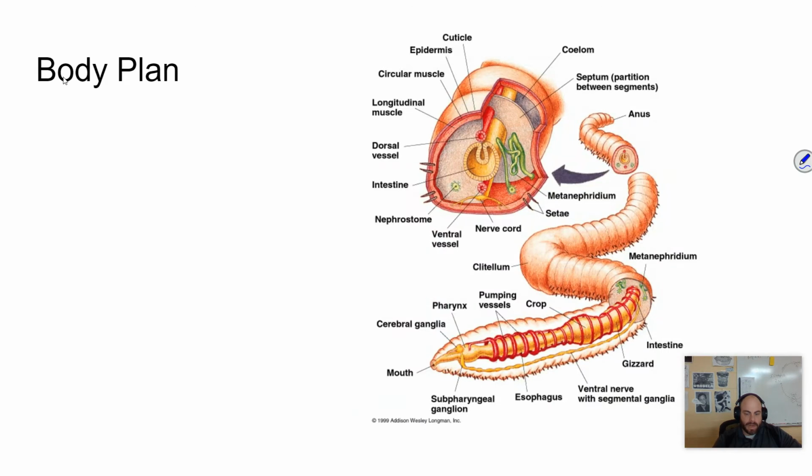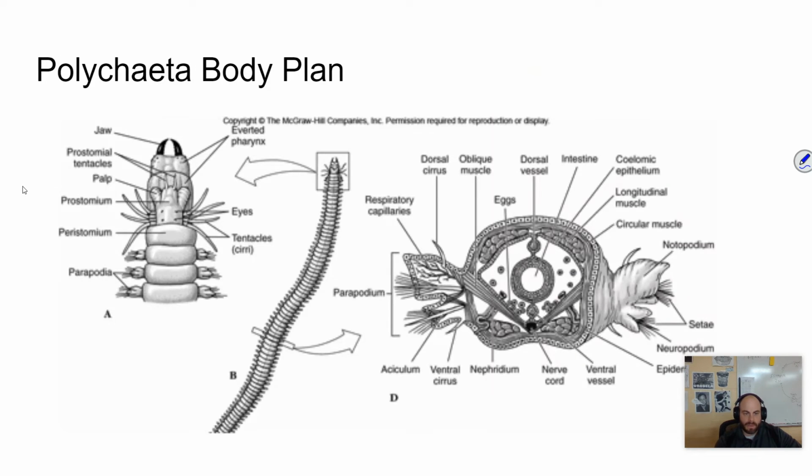So let's talk a little bit about their body plan. They have a two-part head, which you don't really see in this picture. I do have a better picture of that. And this two-part head is the prostomium and the peristomium. This particular class has a very clear one, but all annelids have this two-part head. Prostomium is the part above the mouth, and the peristomium is around the mouth, is what those words